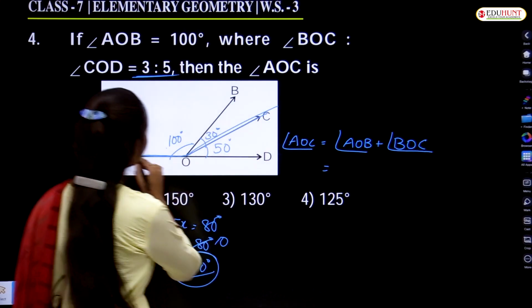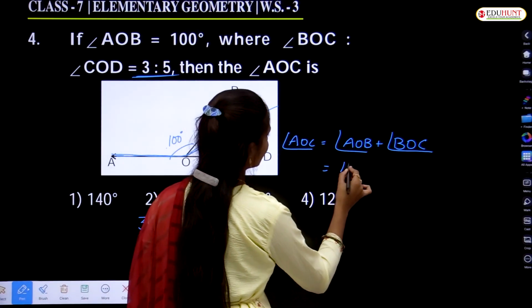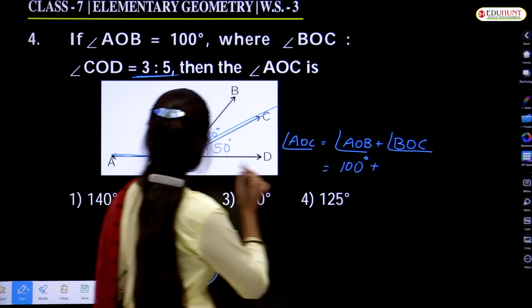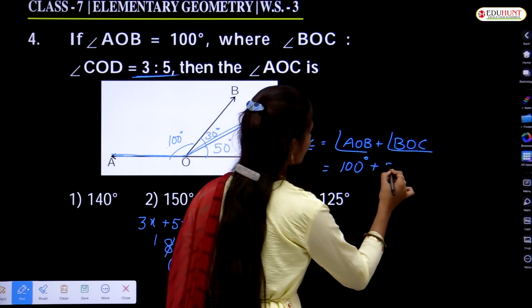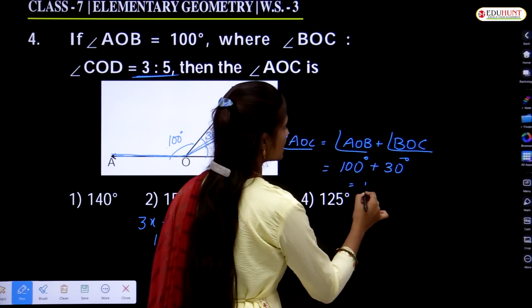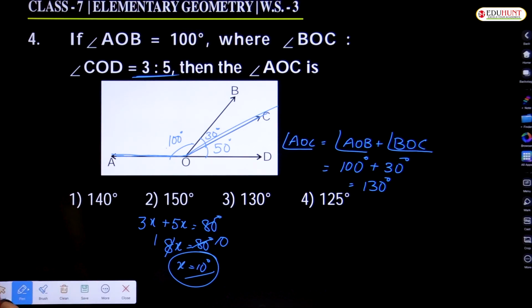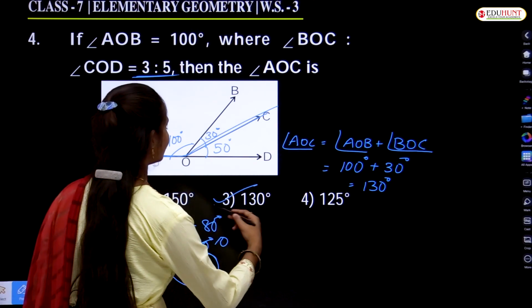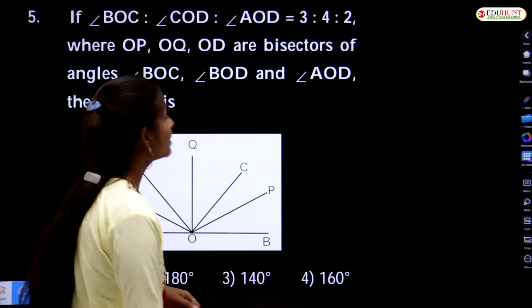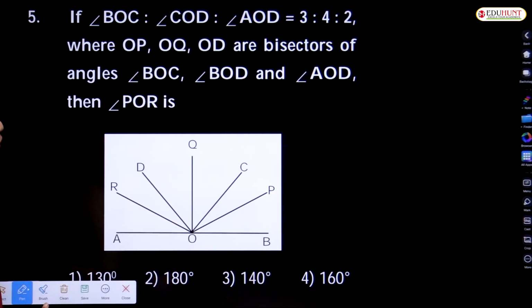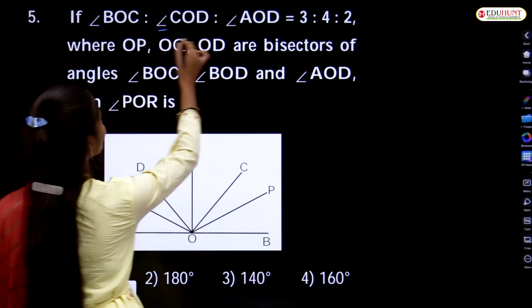So here angle AOB is equal to 100 degrees plus angle BOC is equal to 30 degrees, which is equal to 130 degrees. So which option is correct here? So option 3. So let us see another problem, that is angle BOC : angle COD : angle AOD is equal to